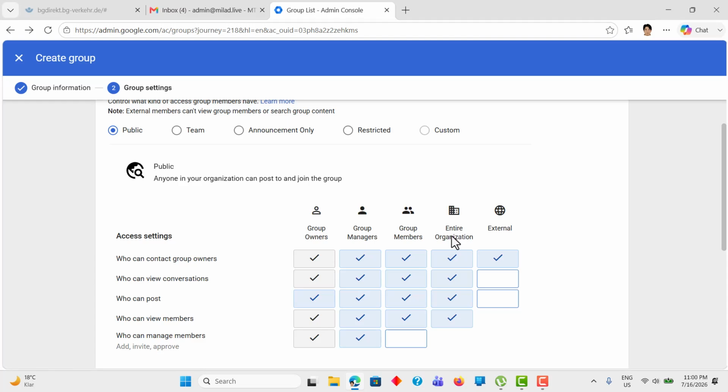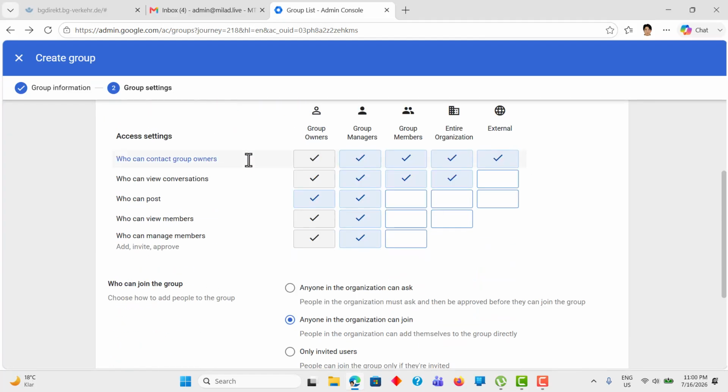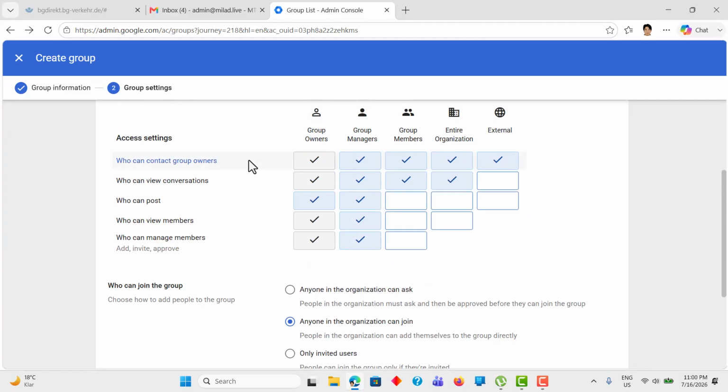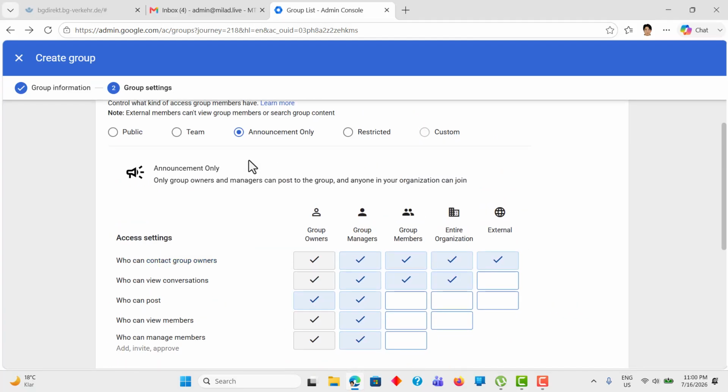And here we have the entire organization. They have the full accessibility, including who can view the members, and here for the external, they can only contact the group. So here we have for the team, anyone in the organization can post to the group. So these are all the security requirements that you can read, and you can apply the security according to your requirements. So here we have the restrictions, who can contact group owners. You can